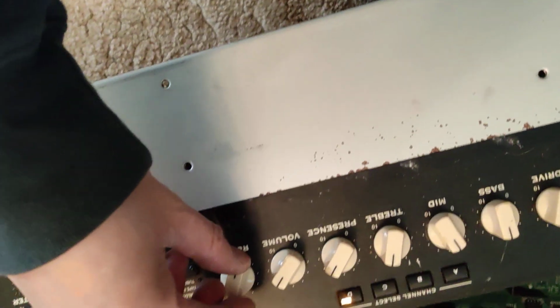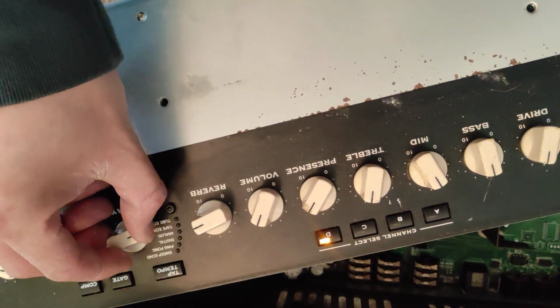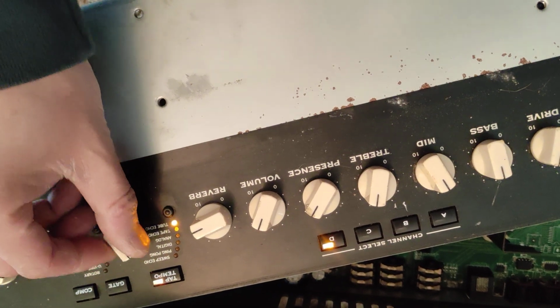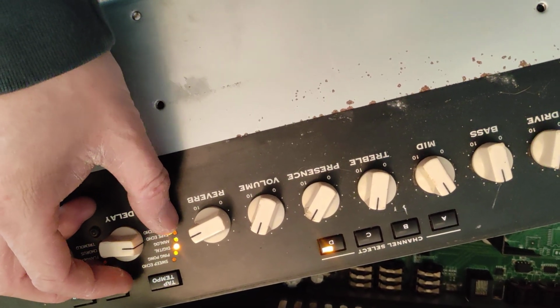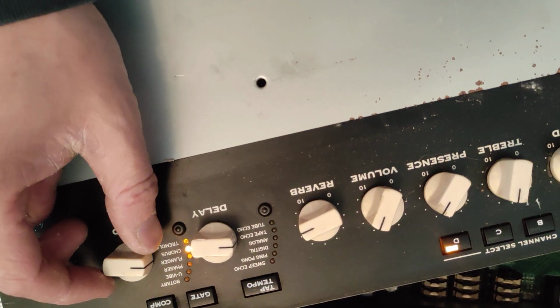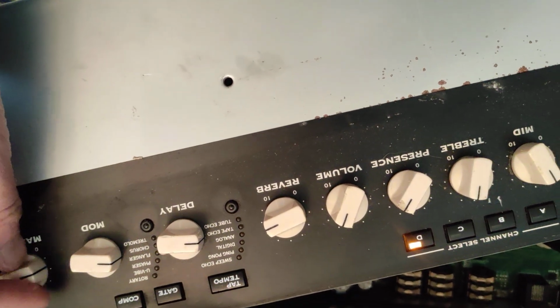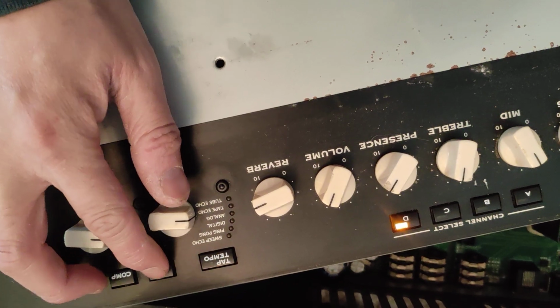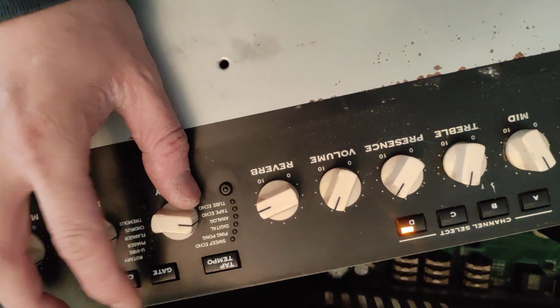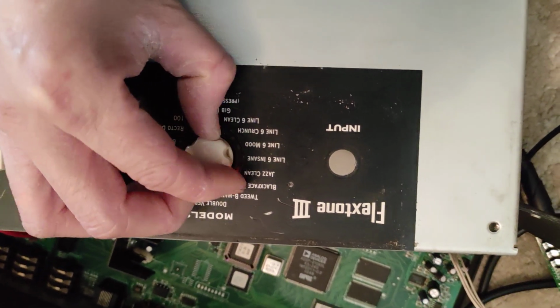So if I turn the reverb all the way up, this is where it gets really cool. It should occur to the effects. Let's see if I could. Yeah. So being applied to the preamp signal, and yet when I unplug the input jack socket,